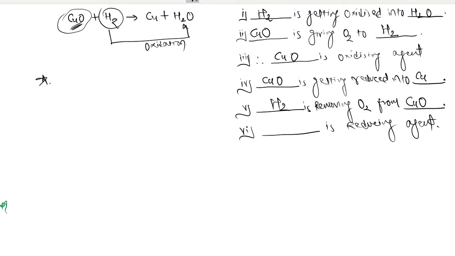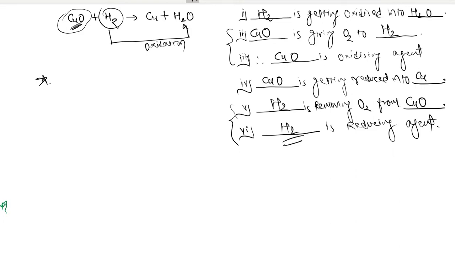So who is the reducing agent? A reducing agent is a substance which removes oxygen or which adds hydrogen. Here nobody is adding hydrogen, hydrogen is a lone element. So who is removing oxygen? Hydrogen. So hydrogen is the reducing agent. Now look at fill in the blanks 2 and 3 and 5 and 6. Do you see a pattern over here?